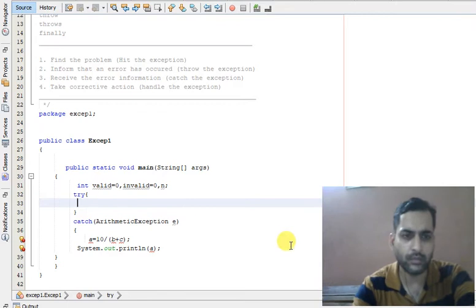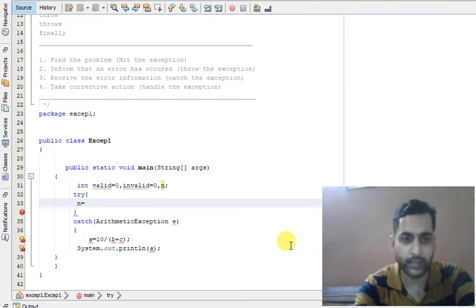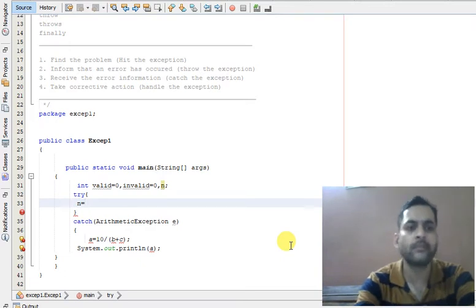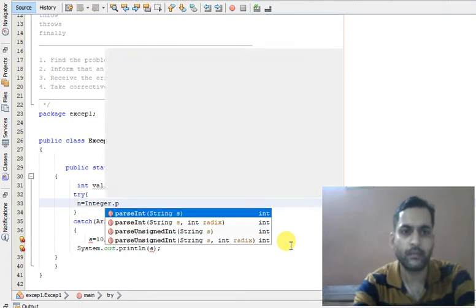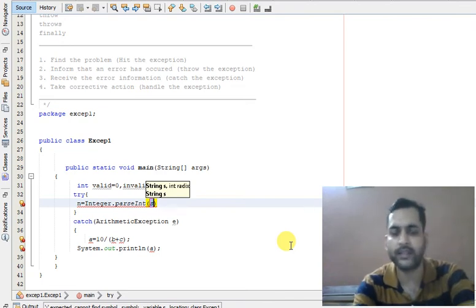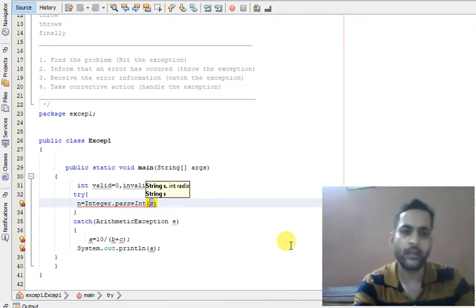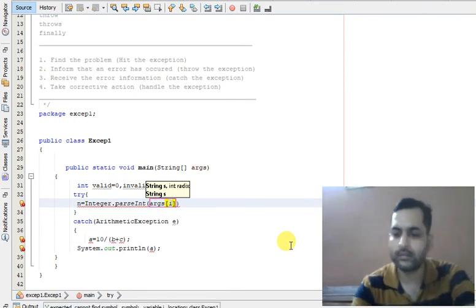Now let us try to read this array: n is equal to Integer.parseInt. This Integer.parseInt is a ready-made function used to convert the string value into an integer value, with args[i].